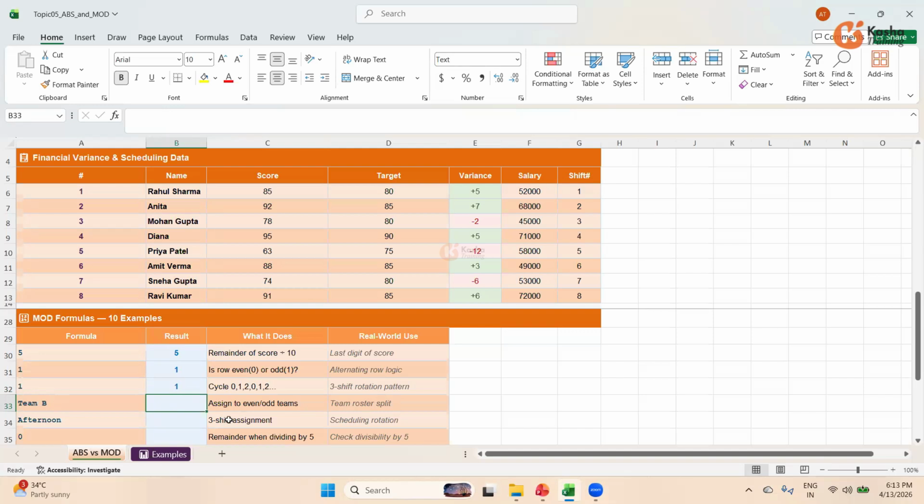Now let's assign to the even and odd team. We're going to find out the team roster split and assign to the even and odd team. Because there is a condition, I'm going to type an equal to sign, IF, open the bracket, then MOD, and open the bracket again. This time I'm going to select my G6 divided by